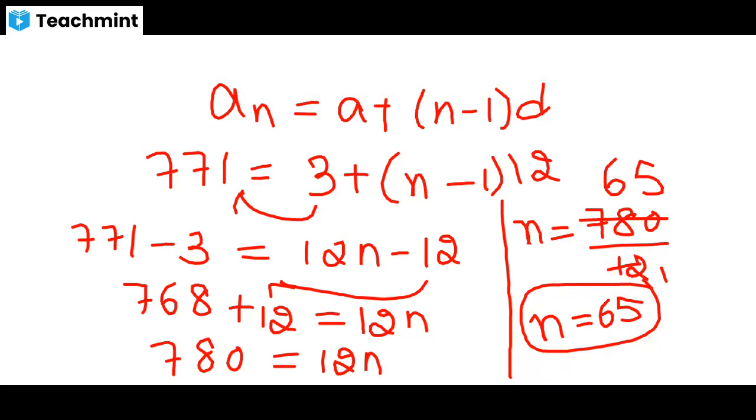Now we'll see the next question. Twelfth question. What is given in this 12th question? Two APs have the same common difference. The difference between their 100th terms is 100. What is the difference between their 1000th terms? Now here, what have they given? Two APs have the same common difference.